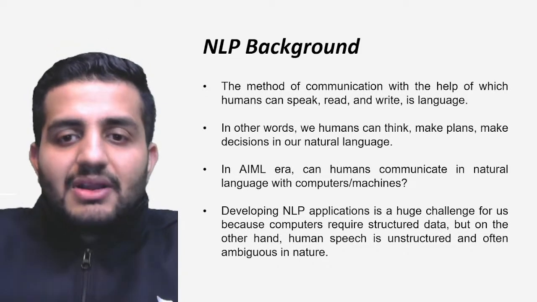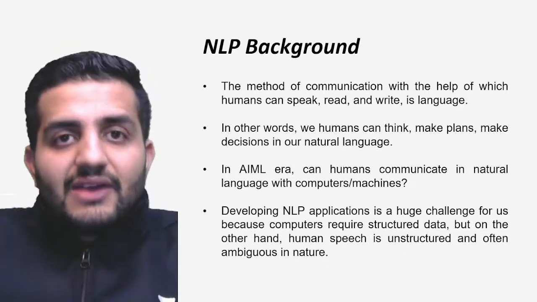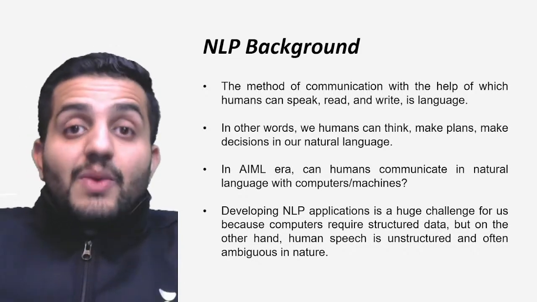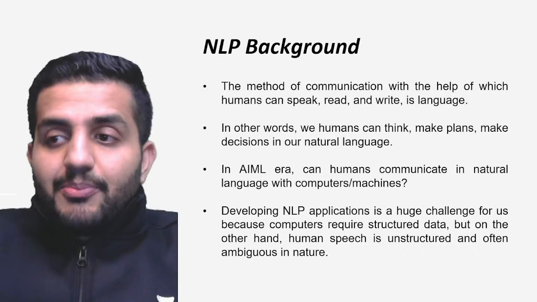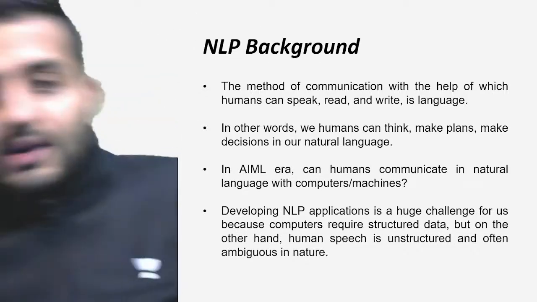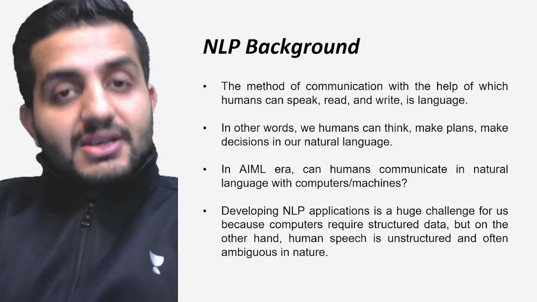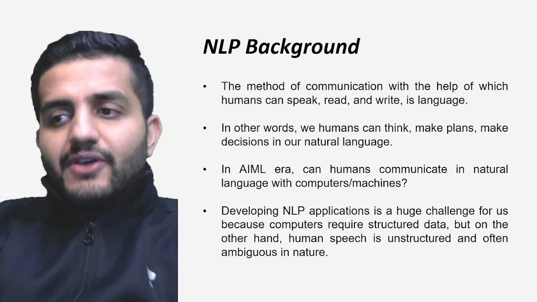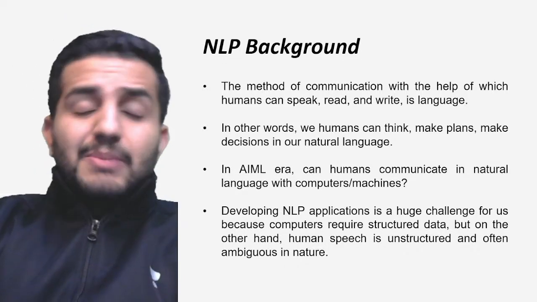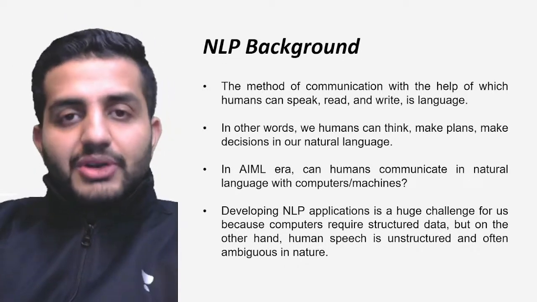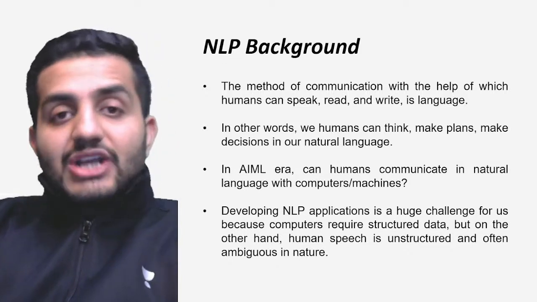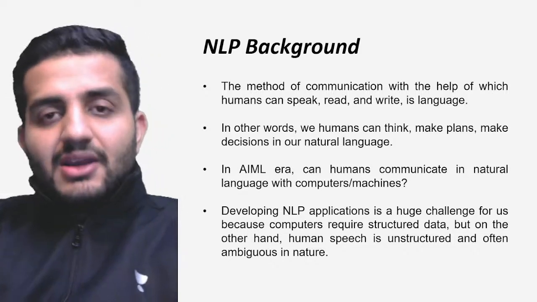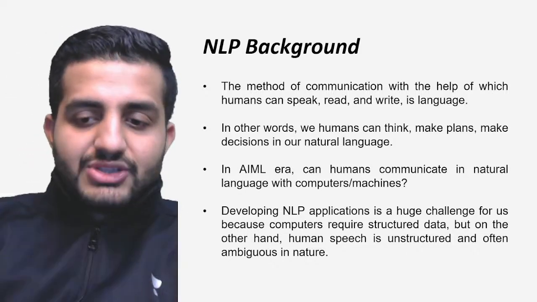Machines don't know text. And it's unstructured data for me. Text is unstructured data. Machines do require structured data to learn. So that's where the ambiguity comes in. That's where the problem is: to make the machines learn this natural language, there are a lot of concepts, key processes, and methods available under the computational process, with which we can decode this unstructured data and make sure that the machine understands this text. So let's try to understand that.